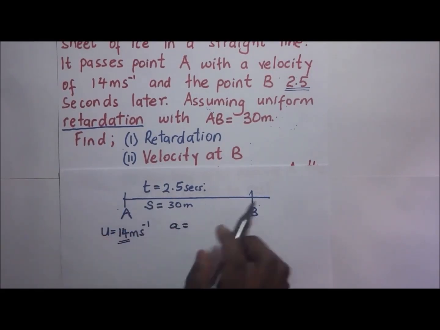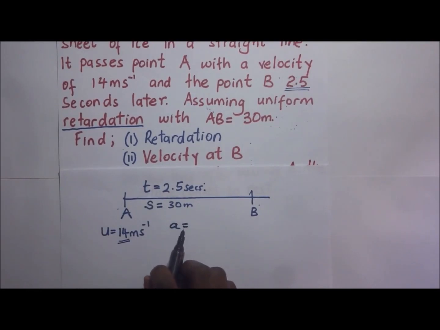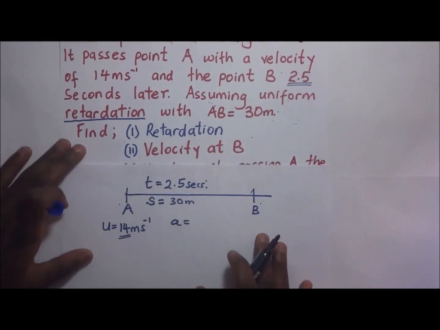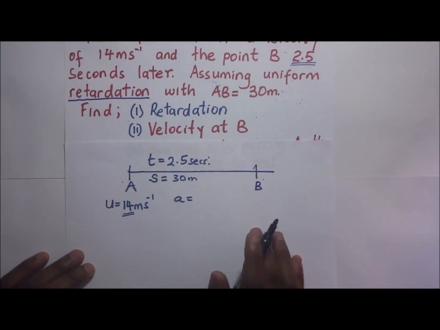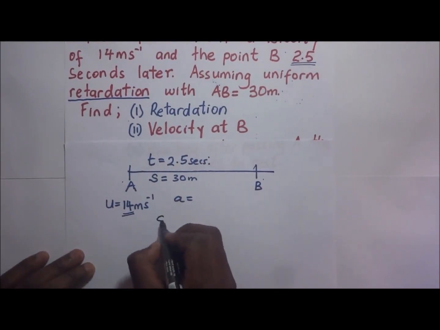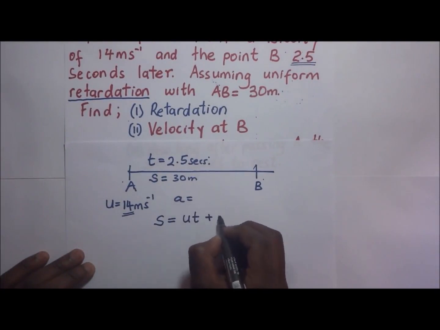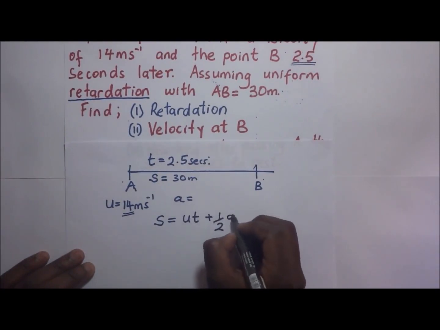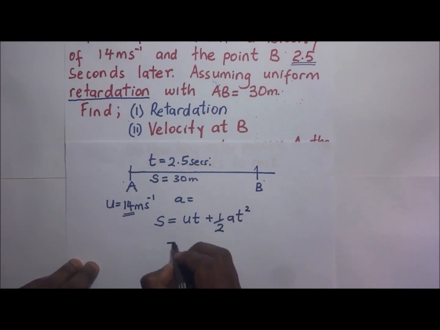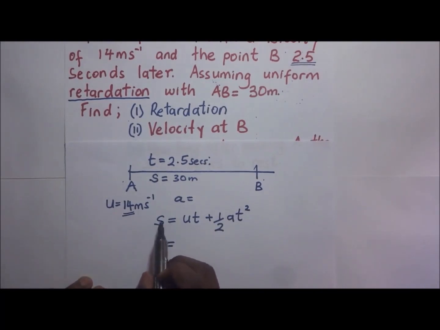And since the body is retarding, we definitely expect our value of A to be negative. So we shall pick the one that shows displacement, the displacement equation. S is going to be equal to ut plus a half at squared. And we know that our value of displacement S is 30 meters, so we have 30 meters is going to